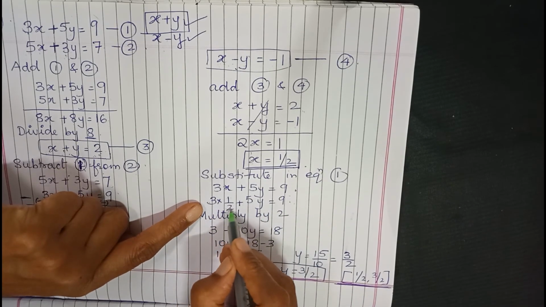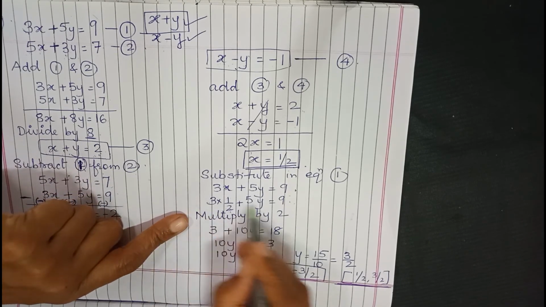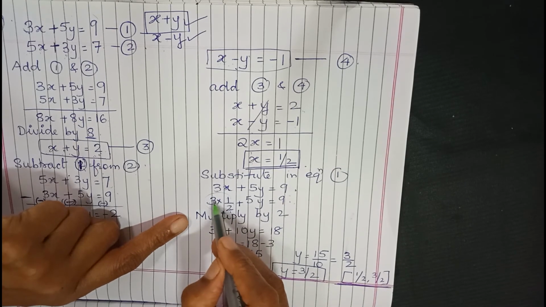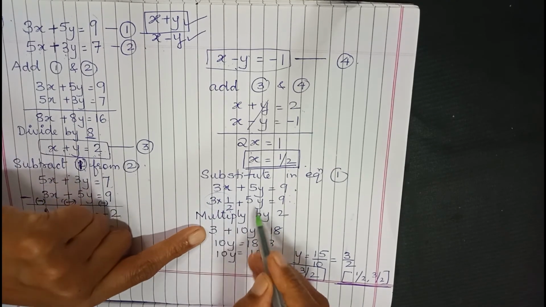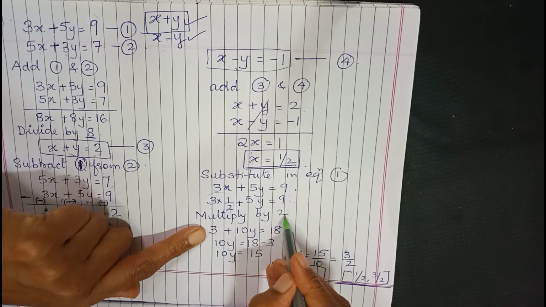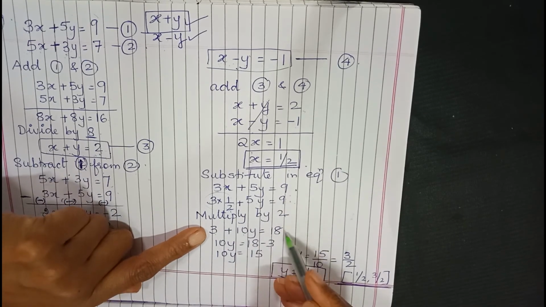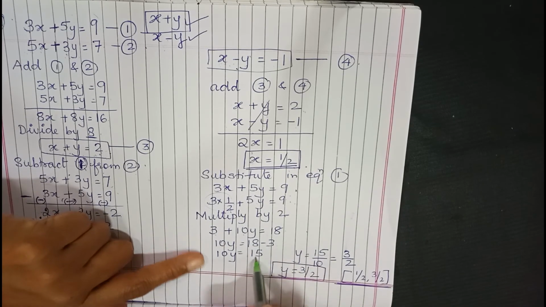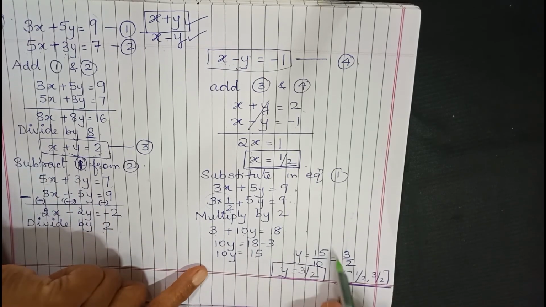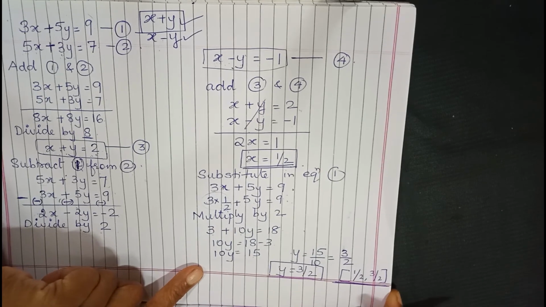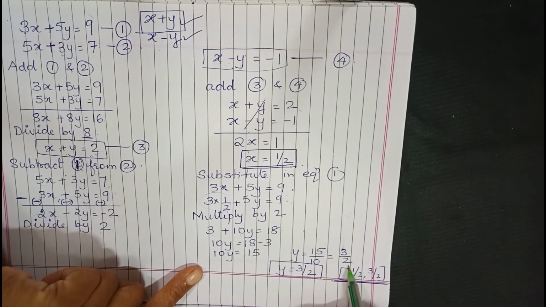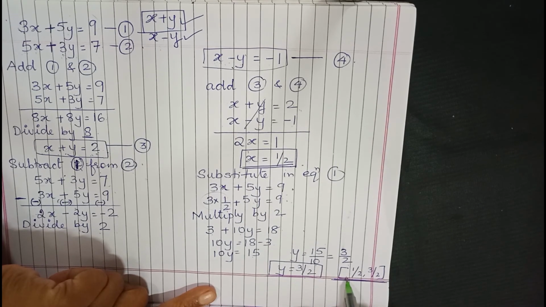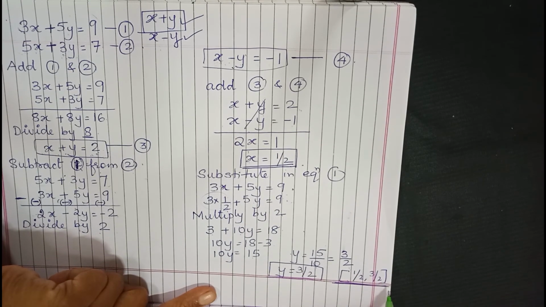Now I don't want this 2 in the denominator. So what I do is I multiply this equation by 2. When I do that, from this term the denominator goes and what remains is only 3. And then 5 into 2 is 10y and 9 into 2 is 18. Now I take the 3 to that side. So it becomes 18 minus 3, which is 15. So y is 15 upon 10. Cancelling by the table of 5, I get 3 upon 2. So the value of y is 3 upon 2. So I got my solution as 1 upon 2 and 3 upon 2.